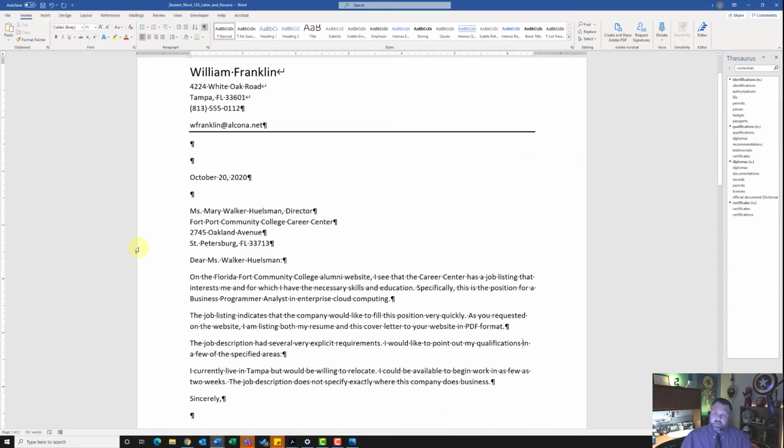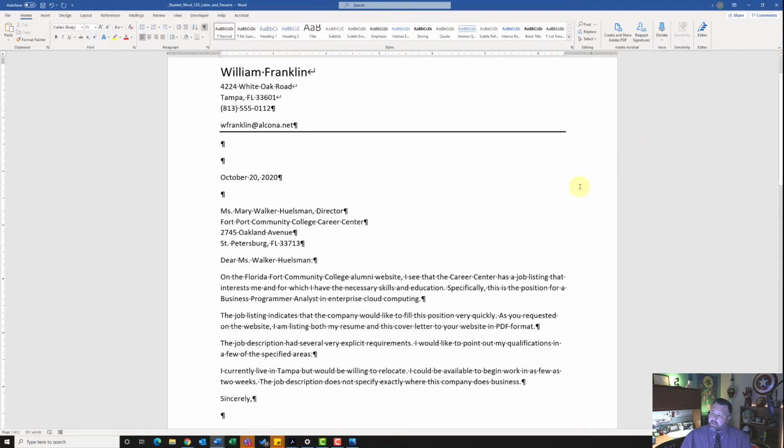So as you're writing a research paper, as you're writing a letter, if you need to use different words, vary your words a little bit, you can use this thesaurus to find similar words to go into your document. I'm going to go ahead and close out on my thesaurus. We're done with that. And on step number 7, in the paragraph that begins with "I currently live in Tampa,"